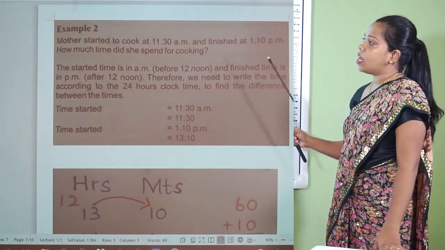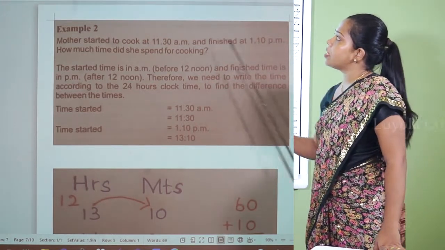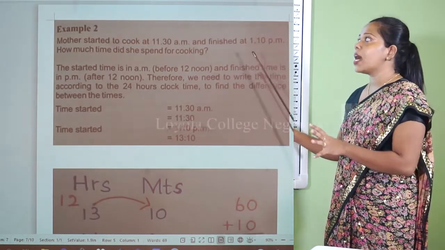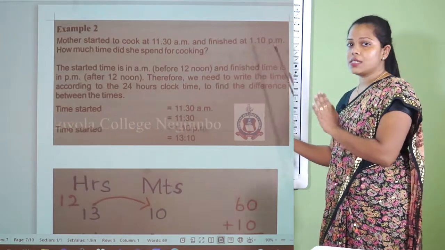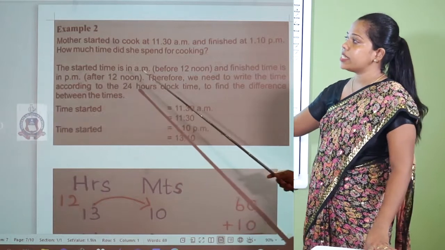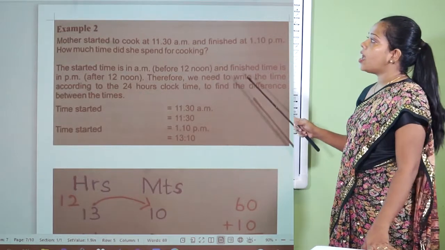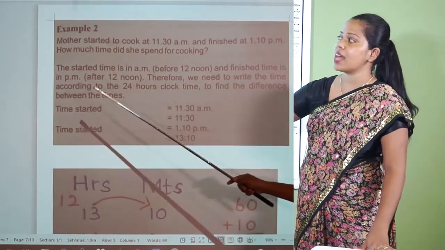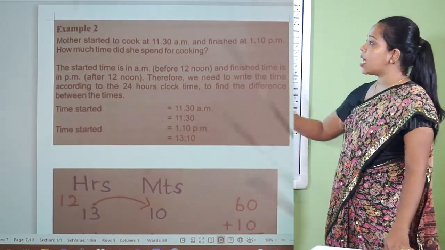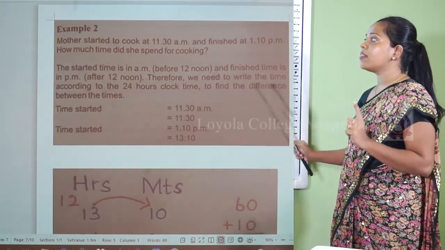Now you might feel we can't subtract this. Or are we going to subtract 11:30 from 1:10? No. We need to convert this time into digital, that means 24-hour clock time. Here the start time is in AM, that is before noon, morning. And the finish time is in PM, that is after 12 noon. Therefore, we need to write the time according to the 24-hour clock time, digital time, to find the difference